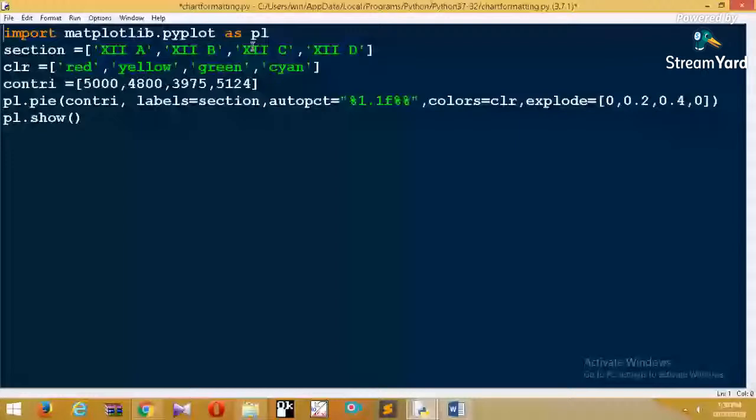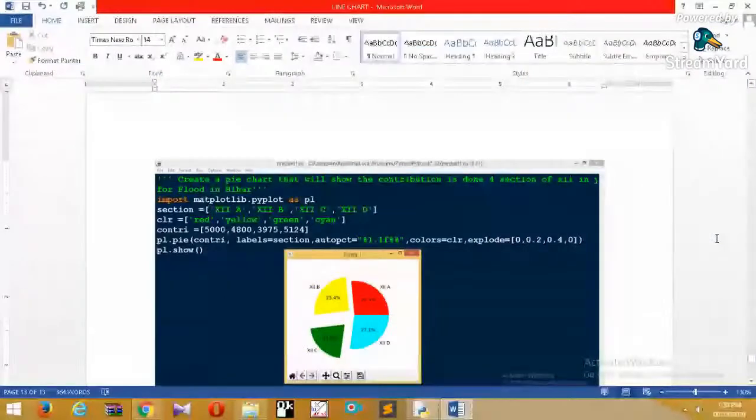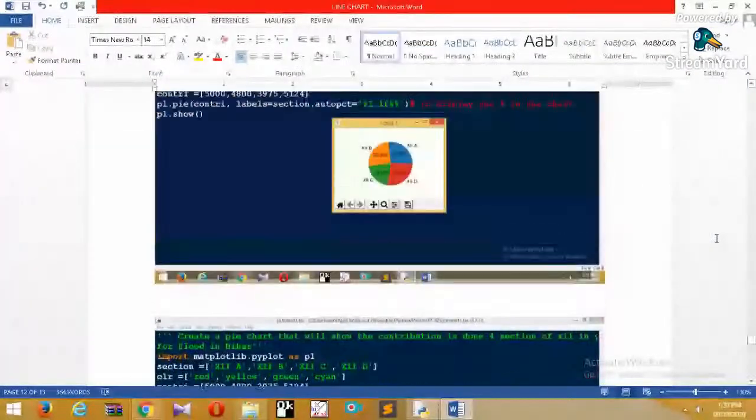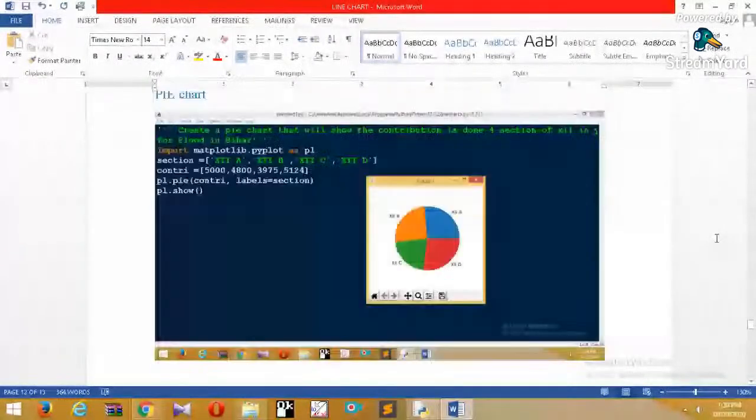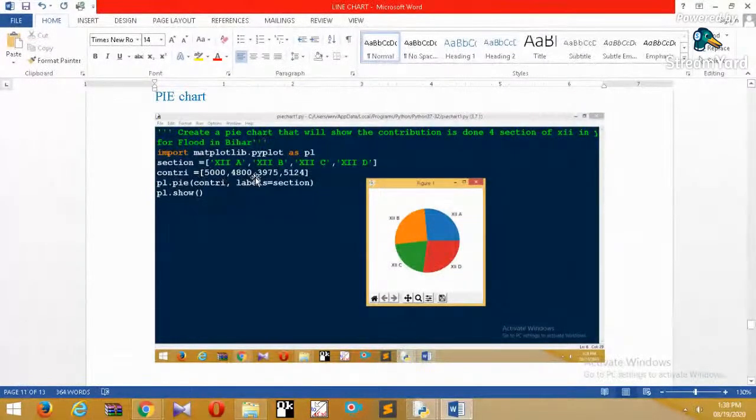Okay, explode, you want to repeat. Okay, fine. Explode is nothing but, whenever we are exploding, by default, let me bring it here first so that we can see different programs from here only. I'm just going back to the first program of pie chart, when we were plotting just a simple pie chart. At that time, using the labels, we can see the different